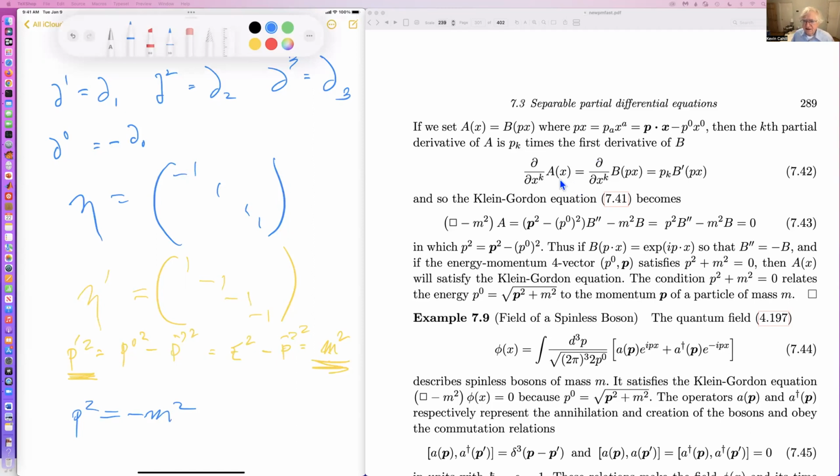And so if a is some function b of px being this, then d by dx k is just pk times the derivative of b, and so the D'Alembert minus m squared is p vector squared minus p0 squared minus m squared, and then